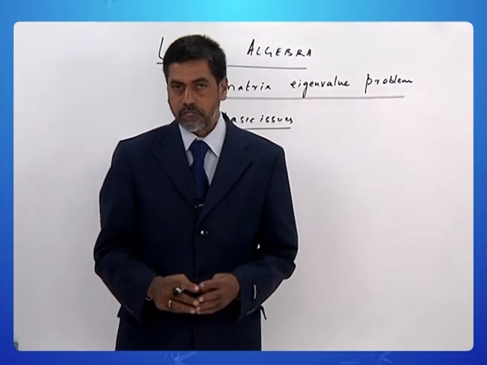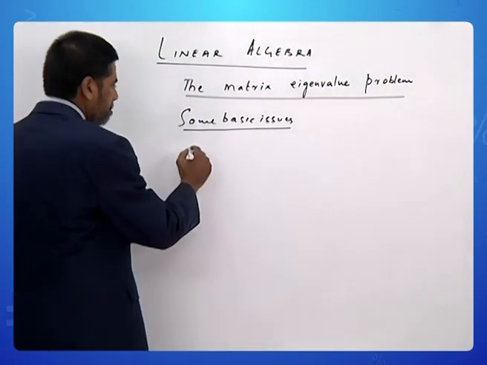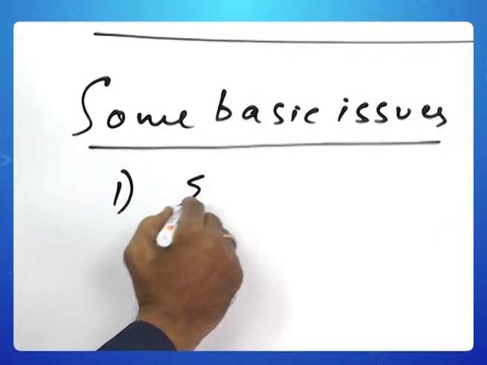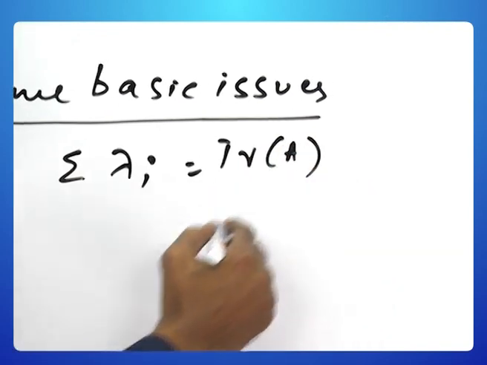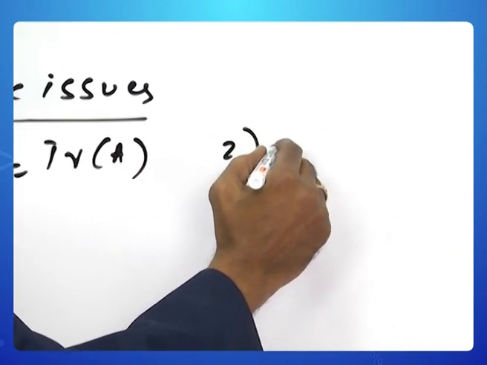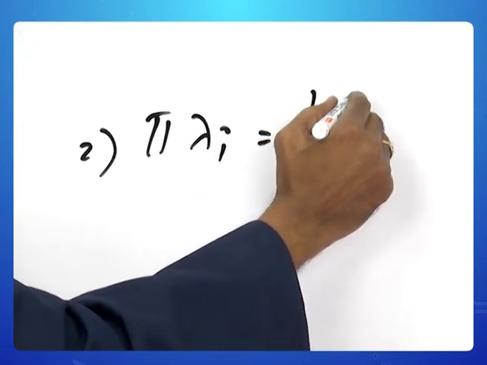Now let's look at some basic issues before launching into problems. The first thing is, sum of the eigenvalues is equal to the trace of the matrix. Product of the eigenvalues is equal to the determinant of the matrix,